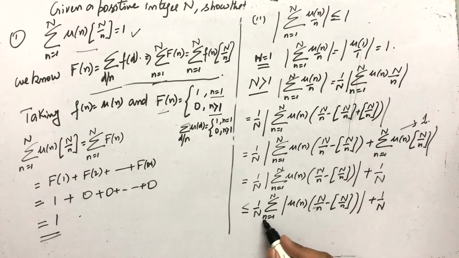So expanding for n equal to 1, we are left with